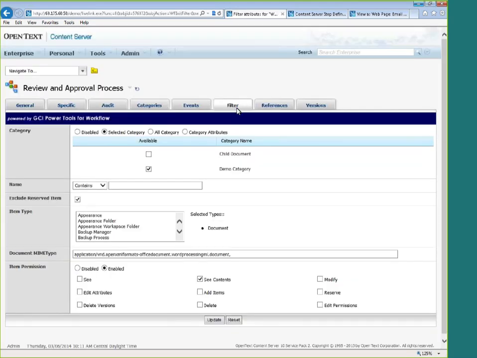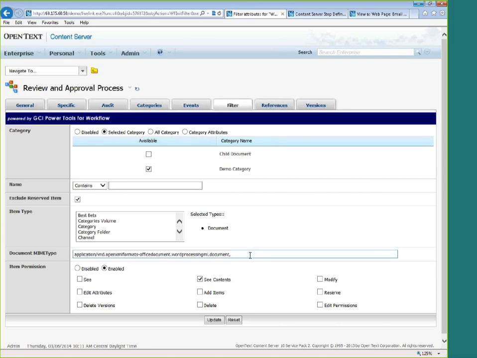If we look at the filters, you're given the opportunity to filter by the category data on the item in Content Server. You could even filter by the name of the item. You could exclude reserved items. You get to choose the different item types that this workflow map should be initiated from.